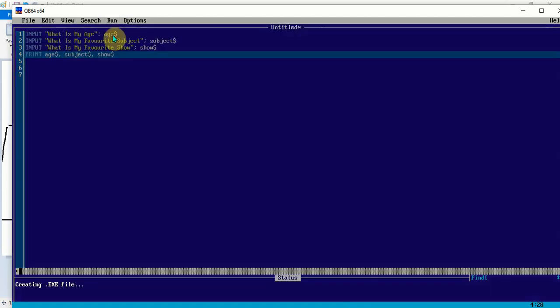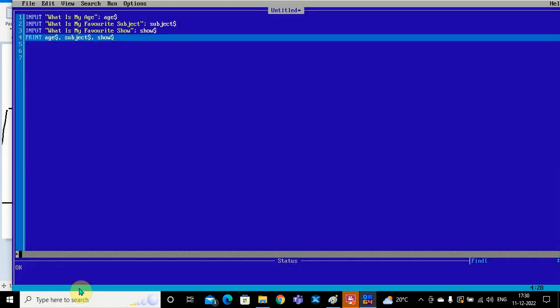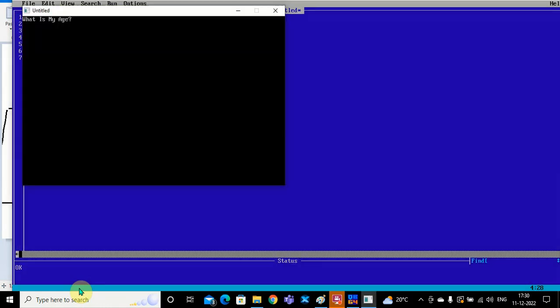You click on start and it's going to create an exe file. This is a basic program. You can program anything. If it asks in your exam, what is my age, I'm going to write whatever my age is. What's my favorite subject? Math. And my favorite show, let's say